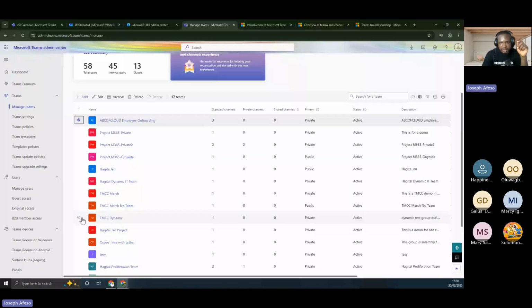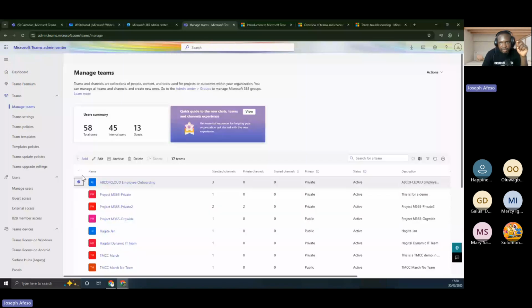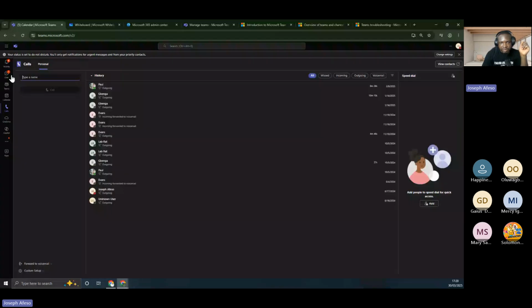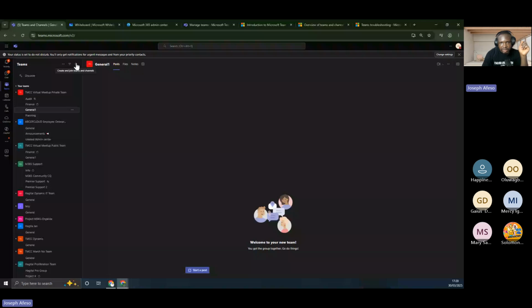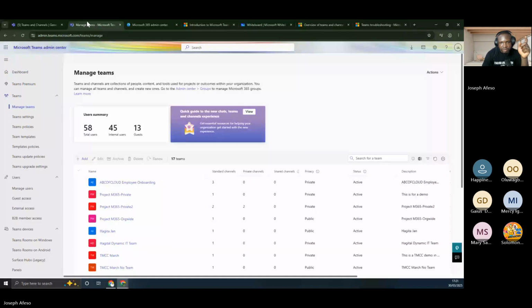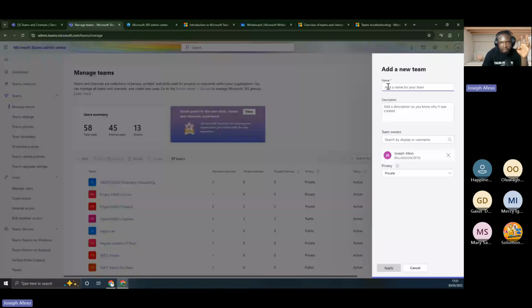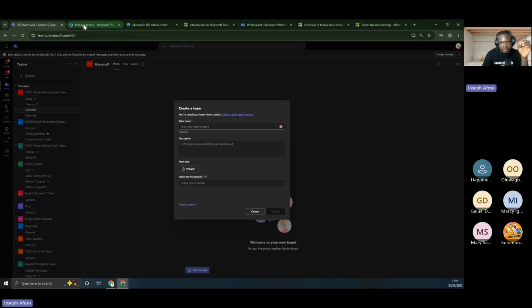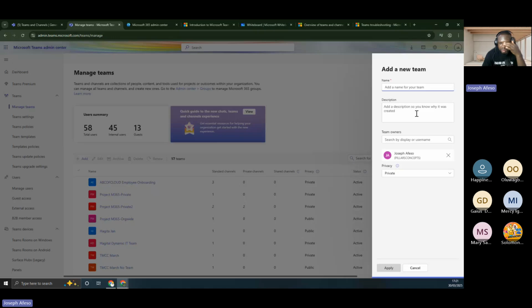But one thing is that from here, if I go to teams, I can click on add, and then I will say I want to create a team. I'll give it a name. And then here, suddenly, you're also seeing the same feature, right? You can see add, and then I can create a team. Now, what's the difference between this one and this one? This one is end user. This one is administrator, right?